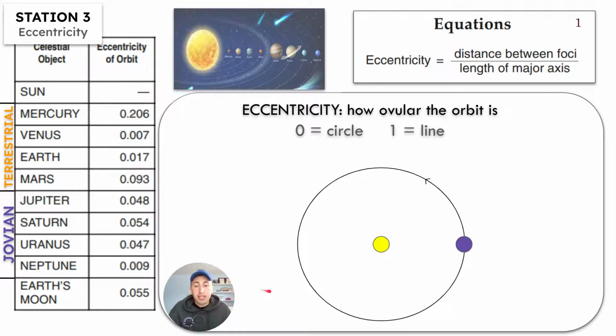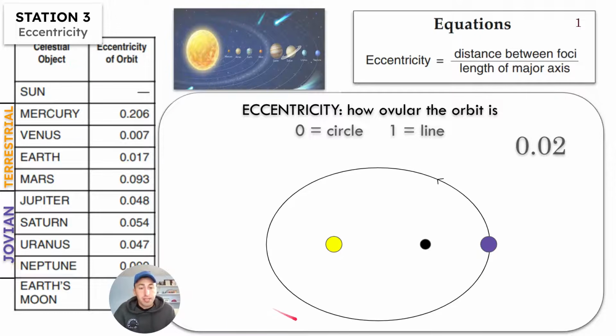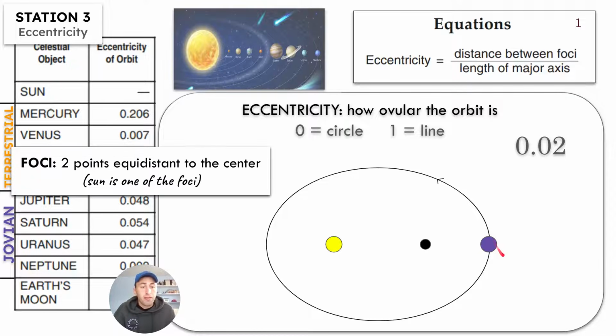So again, that's eccentricity. When it's at 0, that's a complete circle, but planets don't have that. They have slightly elliptical orbits, which means ovular. See 0.02, and then you have 0.02, and then in eccentricity you also have the